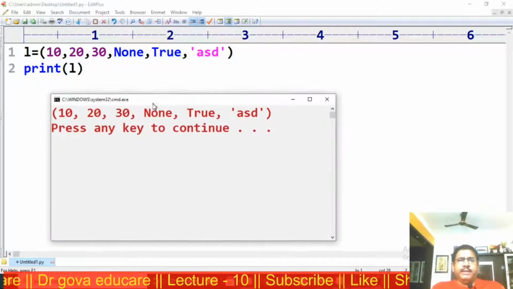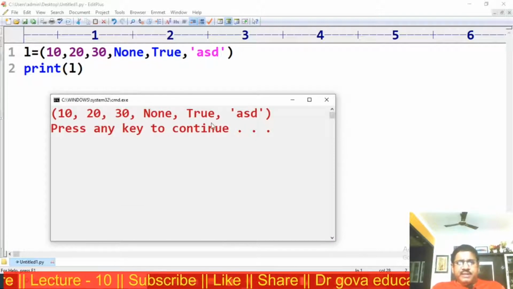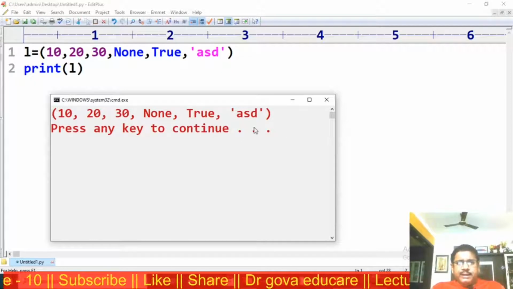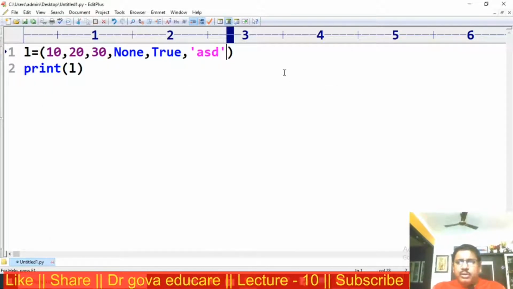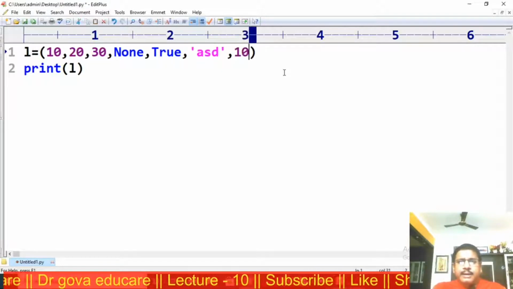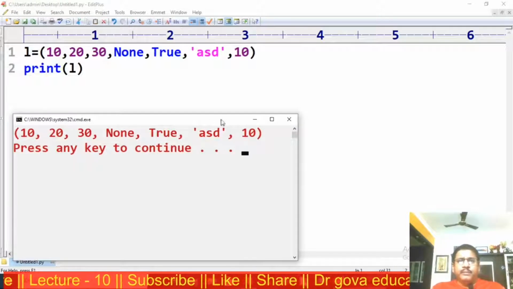Now observe here, the insertion order, the order is preserved, it is not following any sorted order. Duplicate elements are also allowed, 10 duplicate elements are allowed.